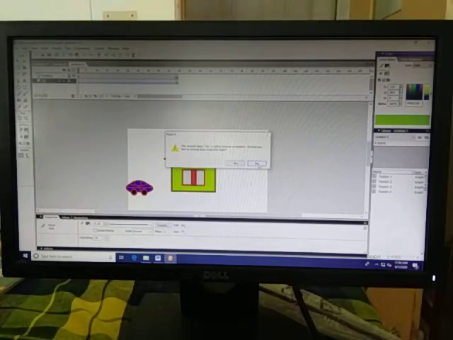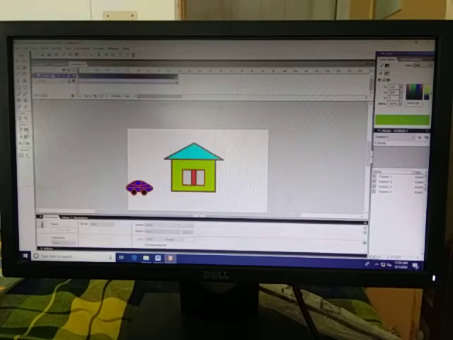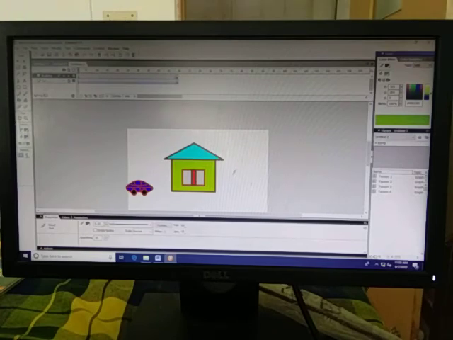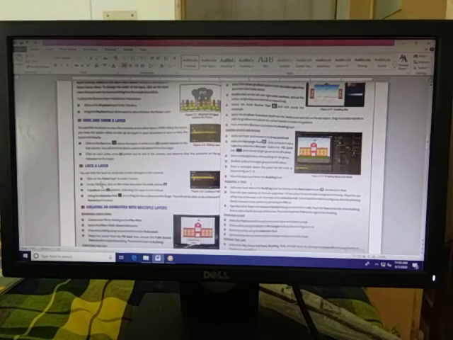If you want to keep it locked, then you have to click no. So if you are trying to draw anything on this layer, you are unable to draw because your layer is locked. When you click on the building, it is again locked. So if you want to unlock, you have to try to draw something there. The message will be given here, and you will click yes. Now you are able to draw something. So this way you can lock and unlock your layer.